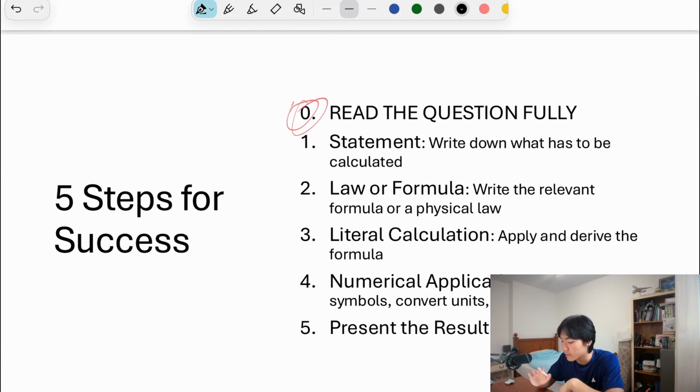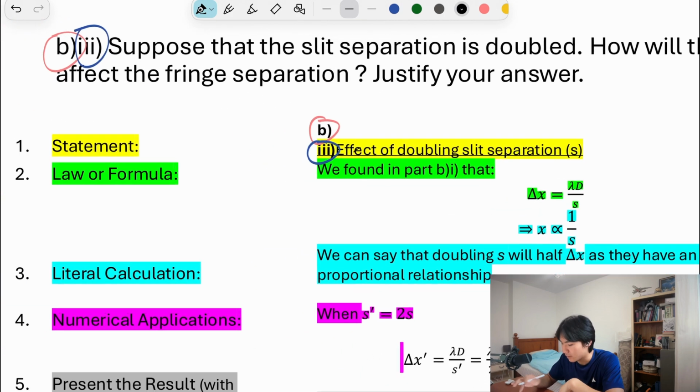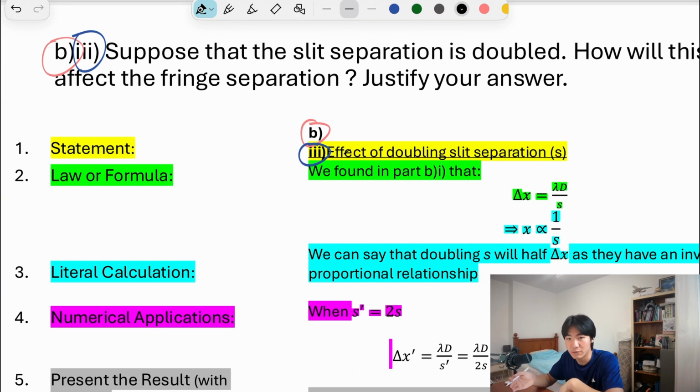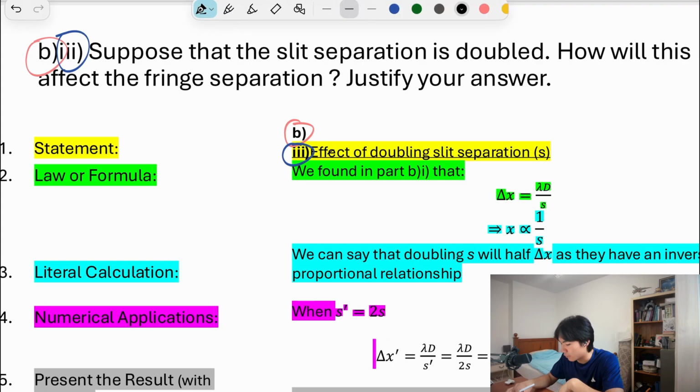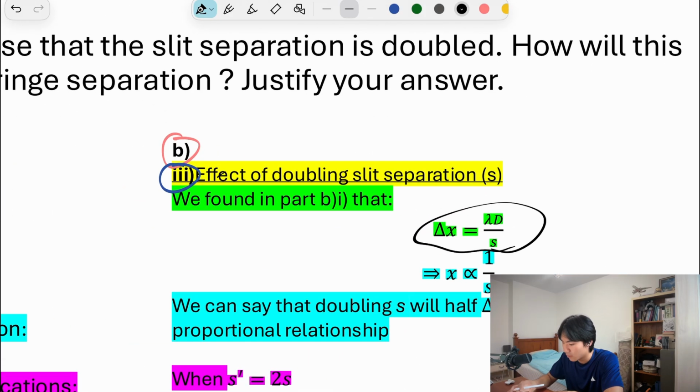So the second step is writing down the relevant formula or the relevant law, right? For instance here, one of the previous questions was to derive the formula up here. And I wrote here that we found this statement up here. So this is a law or a formula that we're going to state, right? So when you're invoking